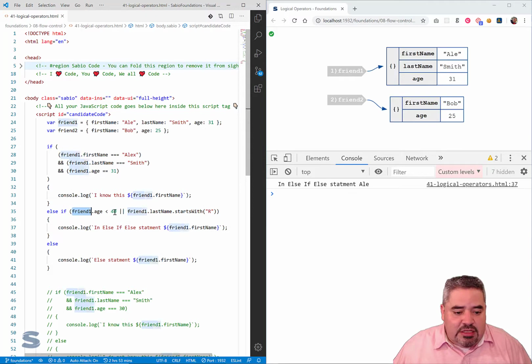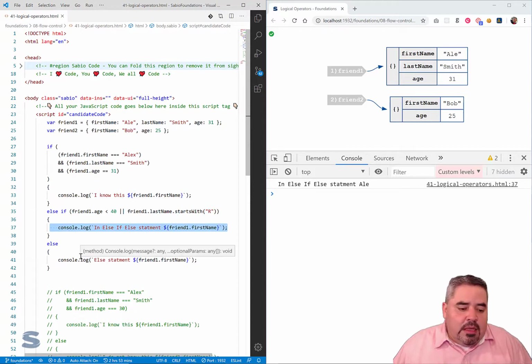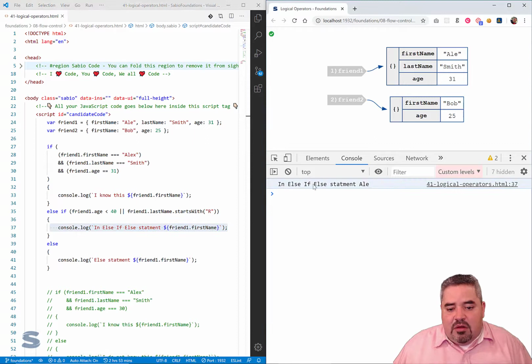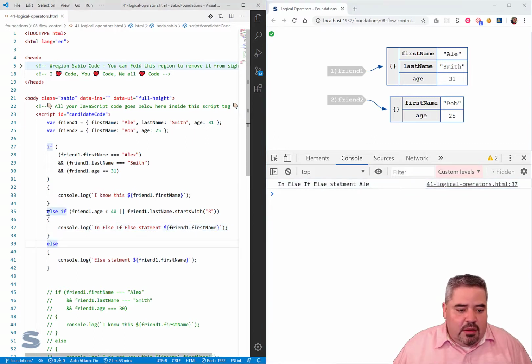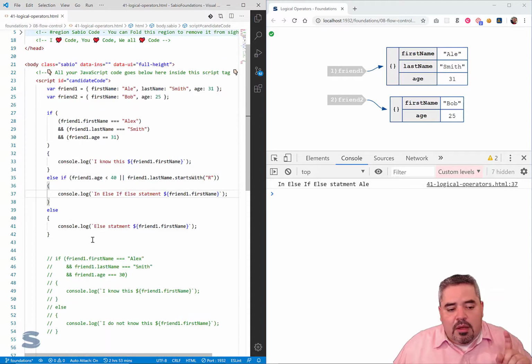If the age is less than 40, boom. If the age is less than 40, the age is 31. So what does that mean? It means that I don't even bother checking to see if it starts with R. That means I'm going to come in here. Okay. So it comes into the else if block, and this is in the else statement right here on line 37. So be aware of that,